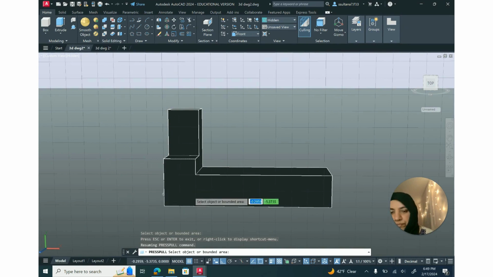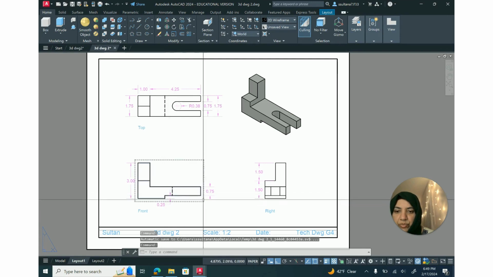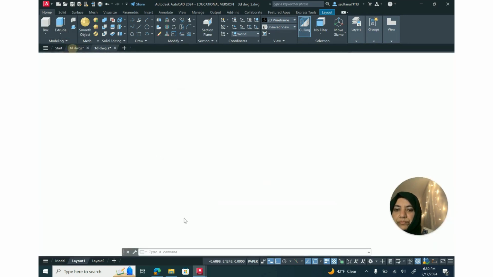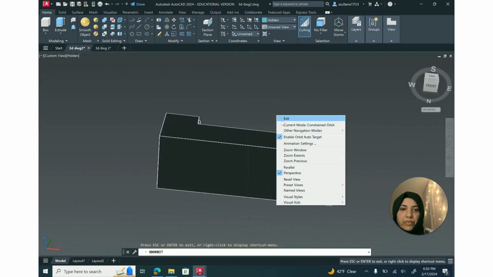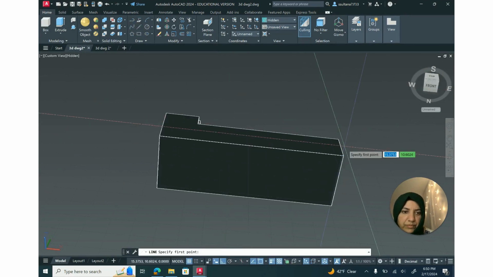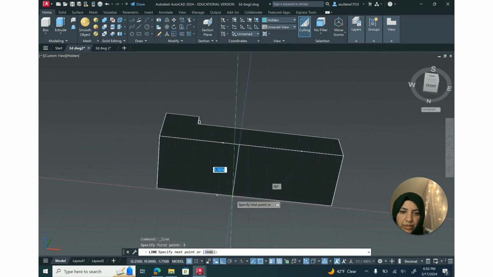There is a cutout, a recessed portion of 0.25, and that is 3 units then down. You can go underneath it and draw a line. We are going to track, and over here we are going to type 3, and then click on the perpendicular